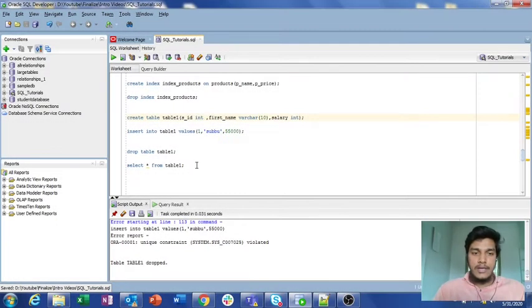Okay guys, the difference between the primary key and unique key is that a unique key will allow null values into a table while inserting, and it won't check for duplicates while inserting null values. It will insert as many null values into the table if you specify a particular column with a unique constraint.